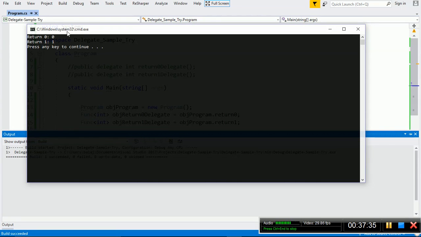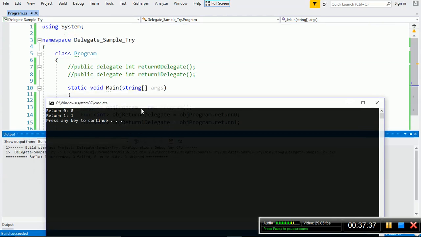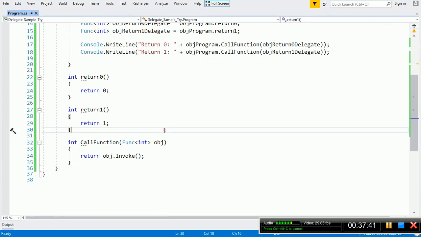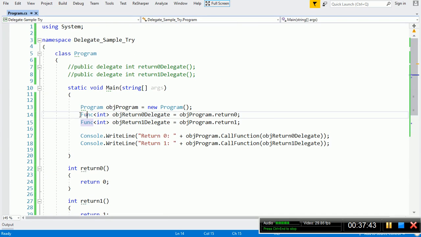Control F5. So now also our function is working. It calls return 0 and return 1 through this func delegate. Here we are passing this object return 0 delegate and return 1 delegate, but it accepts all of them. But instead of creating an object for this func delegate and then calling this function, we can directly pass the address of these functions.